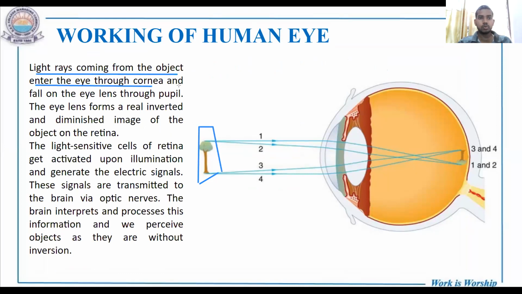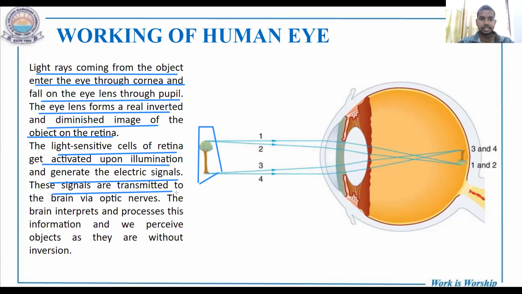Light rays enter the eye through the cornea and fall on the eye lens through the pupil. Everything has been discussed, the functions. The eye lens forms a real, inverted and diminished image of the object on the retina. The light sensitive cells of the retina get activated upon illumination and generate electrical signals, and these signals are transmitted to the brain via the optic nerves, and the brain interprets and processes this information, and we perceive objects as they